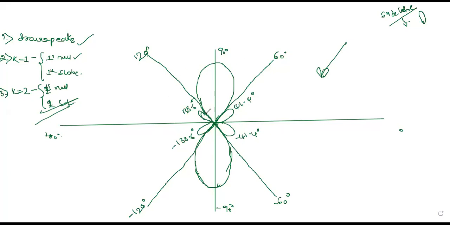Once you draw the pattern, the next thing is you have to plot your half power point direction. If you consider your half power point direction, that will be here. Along with this, you're getting the half power point direction as 30 degree. Similarly, you have first null beam width that is equal to 60 degree. Clear how to draw the pattern? Any confusion, you can ask me to draw the pattern. Clear?